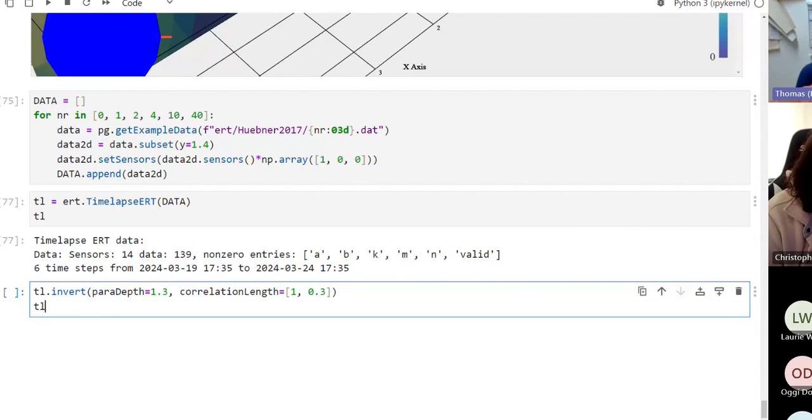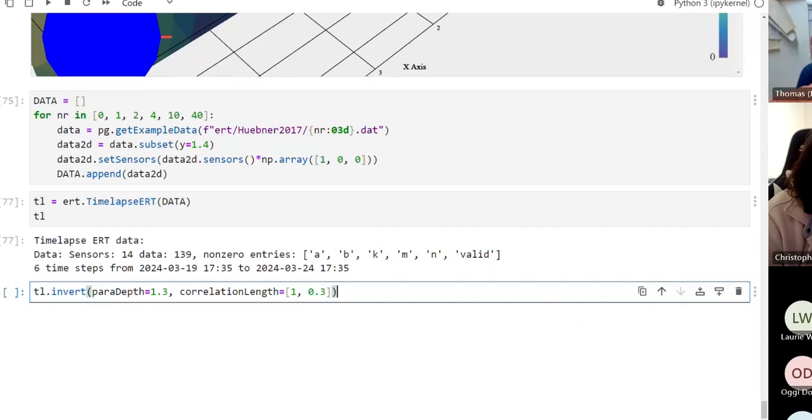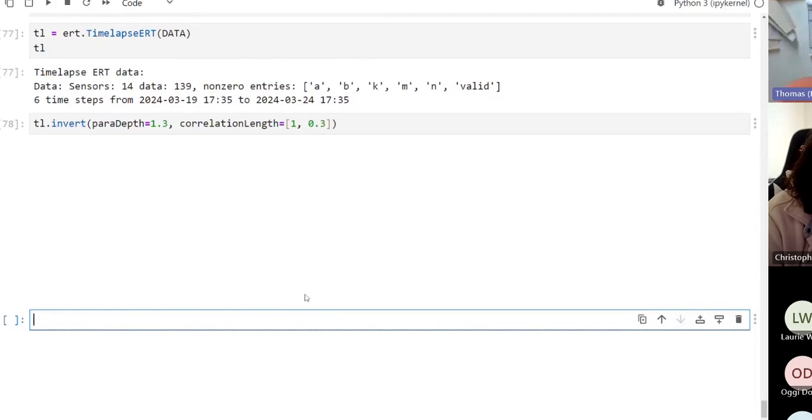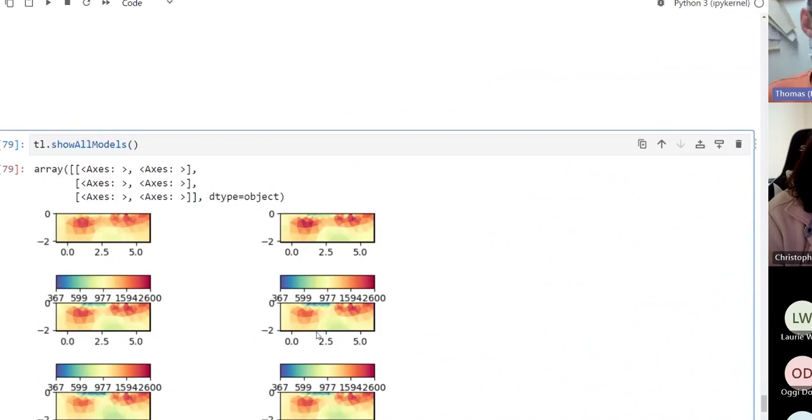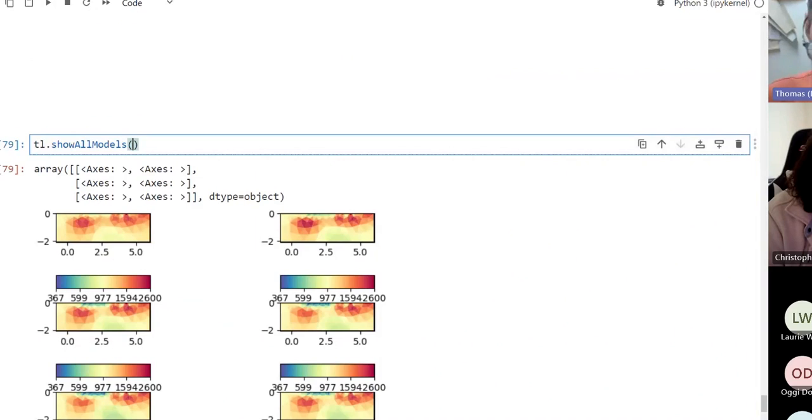And what I'm then doing is calling the inversion, and it's running. It's already running. So I try to show all models, and this is presenting all my models. I could squeeze it a little bit,